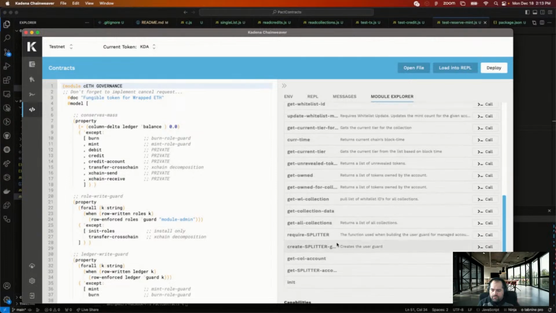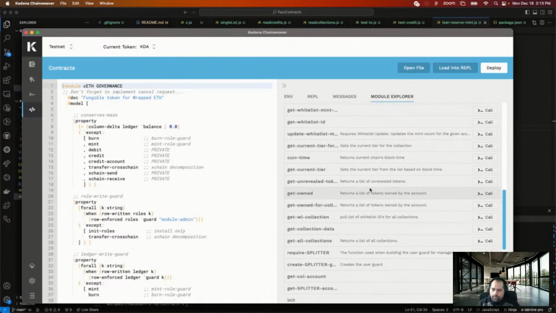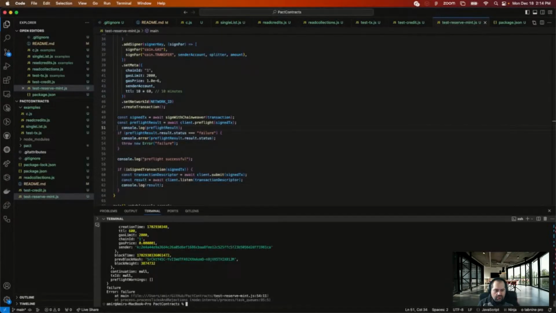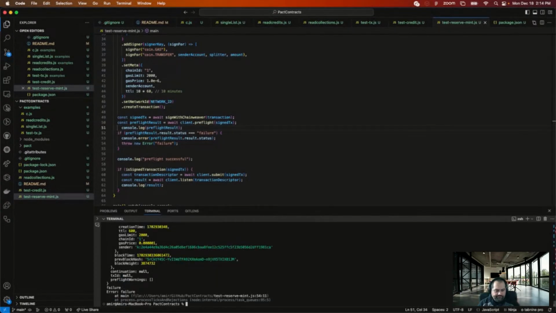Get owned, get collection data, no, get collection account, get splitter. I swear I made a function for this. Let's see. No. Difficult.